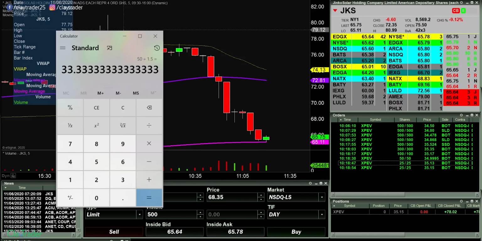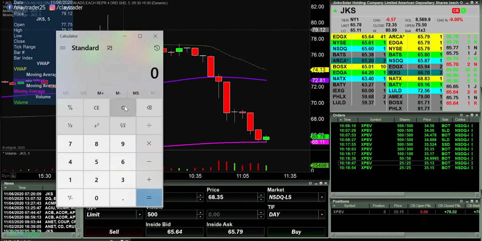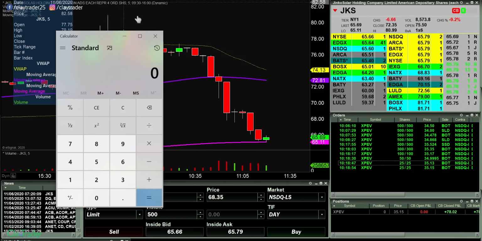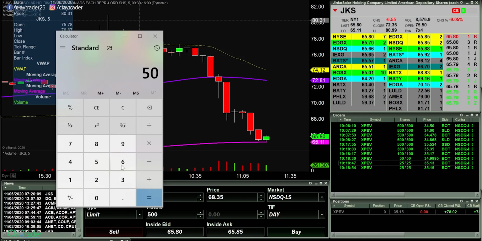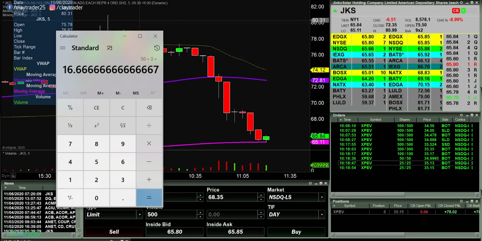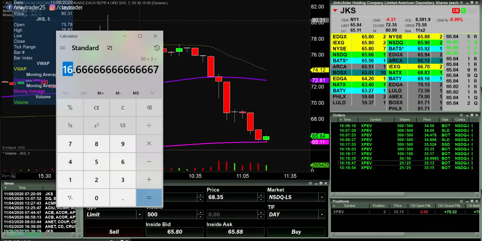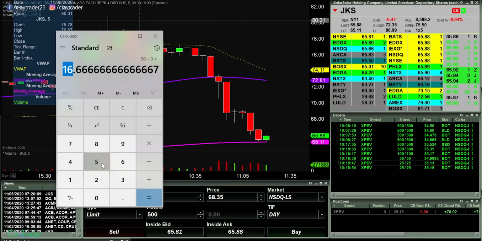And then just to really hammer that home, and I'm not trying to insult anybody's intelligence, but just to let you know that this is straightforward. Let's just say that I thought that I could lose $3 per share. So how much am I willing to lose to begin with? Well, $50. And what do I think I could potentially lose per share? Well, $3, so divide by 3. In that situation, always round down, so 16 shares. Don't round up to 17, just do 16 shares. So that is how it's all working out here.